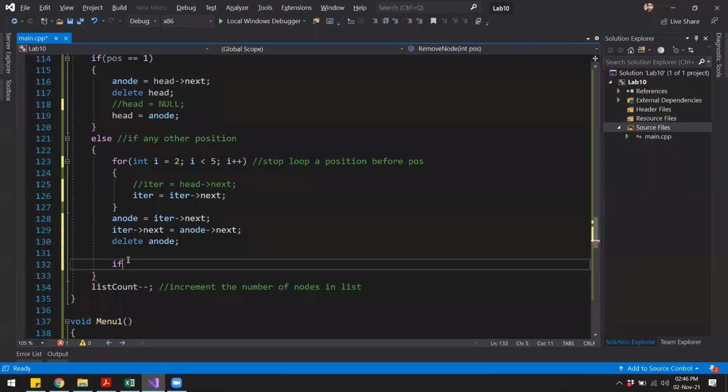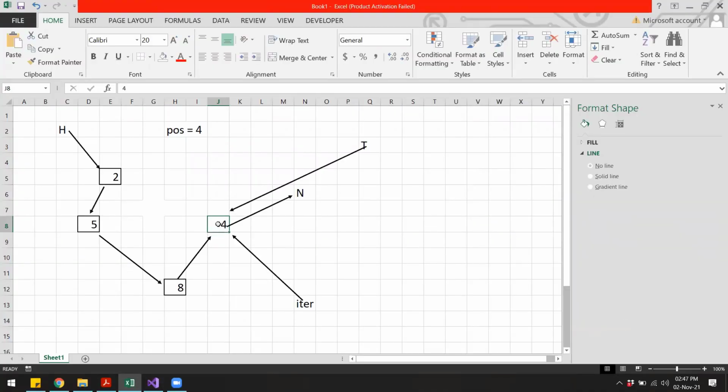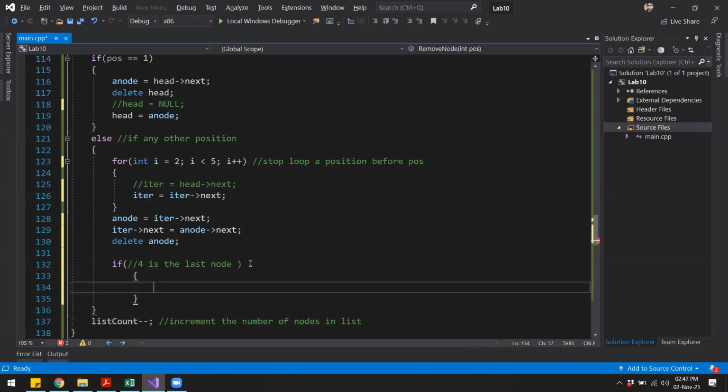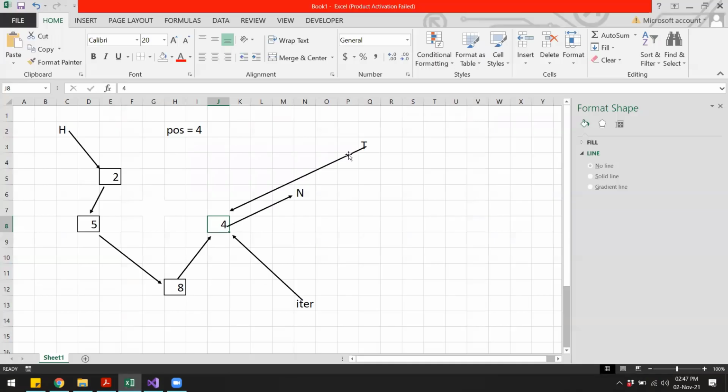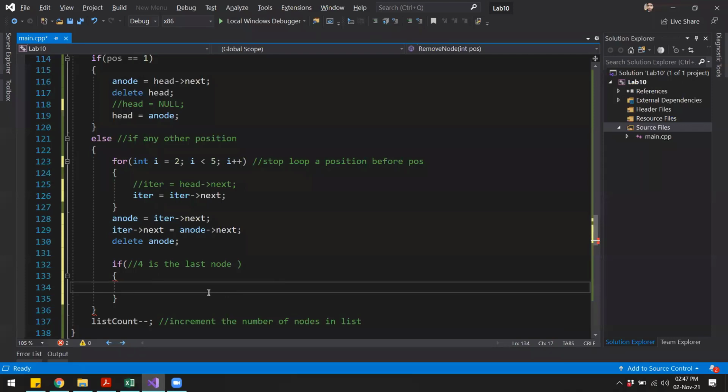So we can say if this node is the last in the list, so we can say if 4 is the last node, then what do we have to do? We have to make the tail pointer point to the same location as the iterator. So we can say tail is equal to iter.